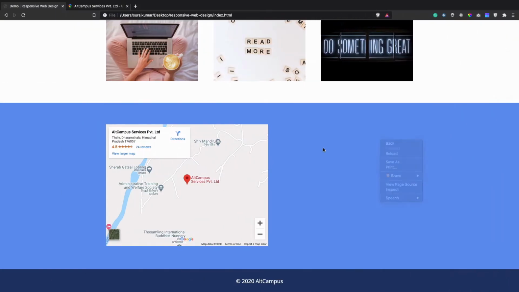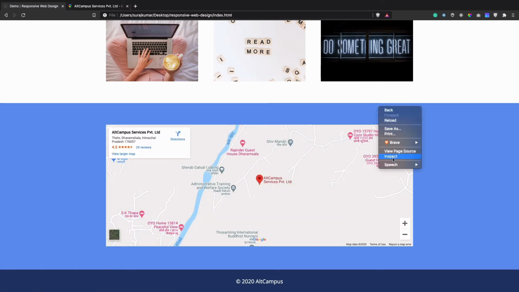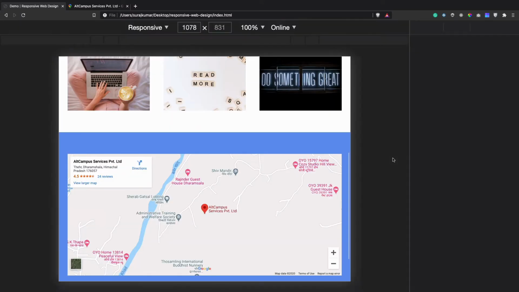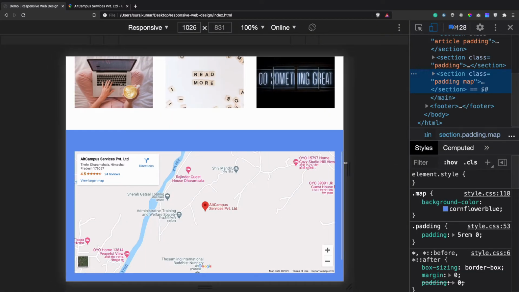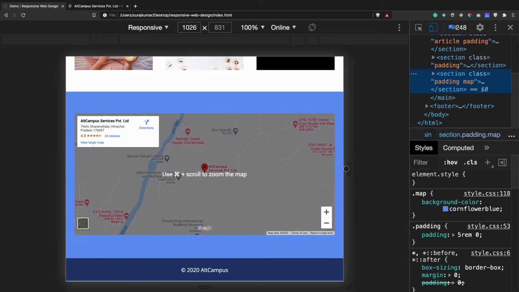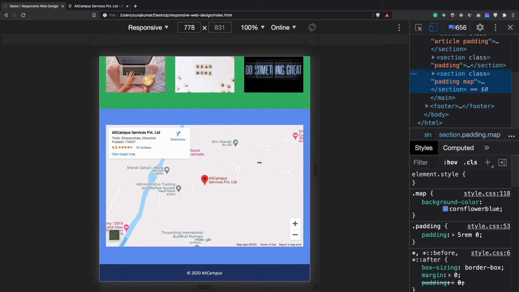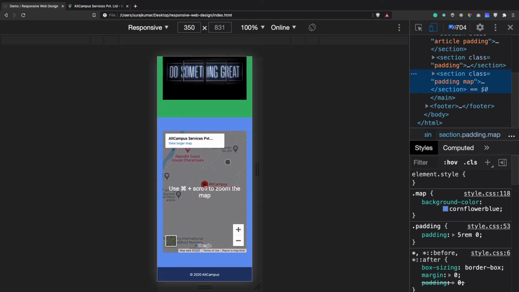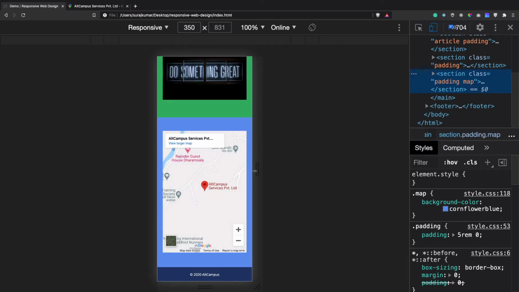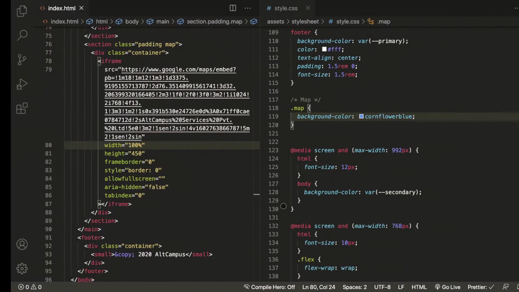Give it a refresh first, now inspect it. Let's reduce the size of the screen. We can see that as the size of the screen reduces, the map is also getting reduced. The width is actually getting reduced, not the height. The height is still whatever height has been applied here.